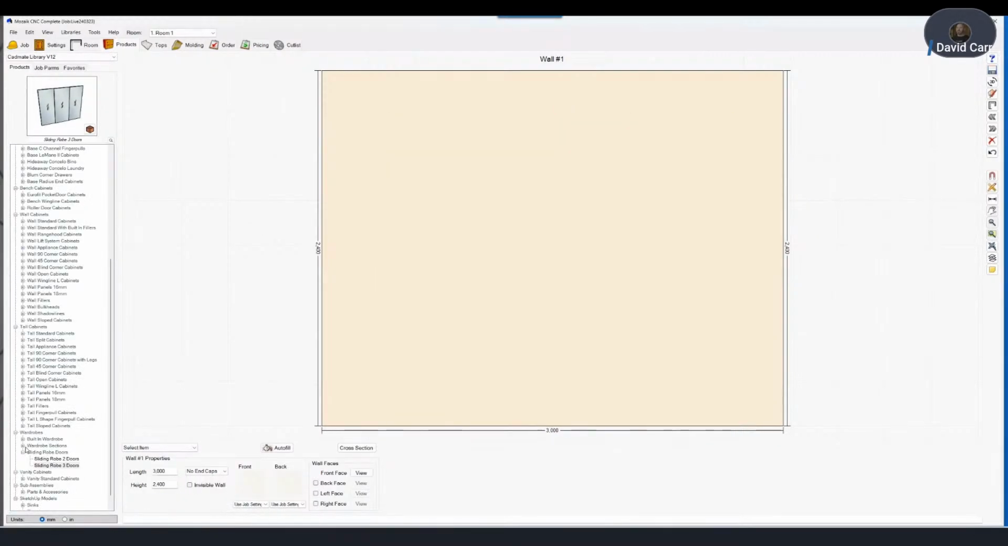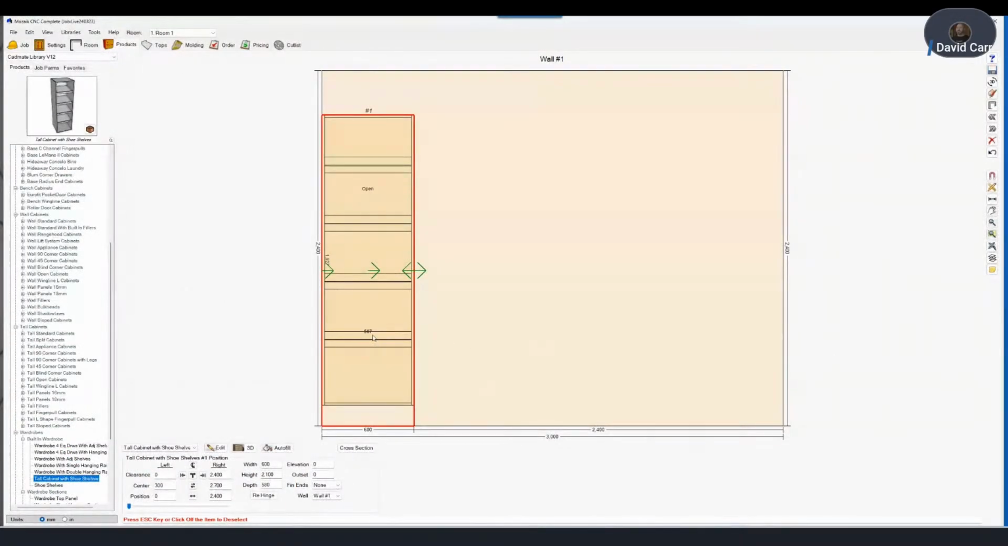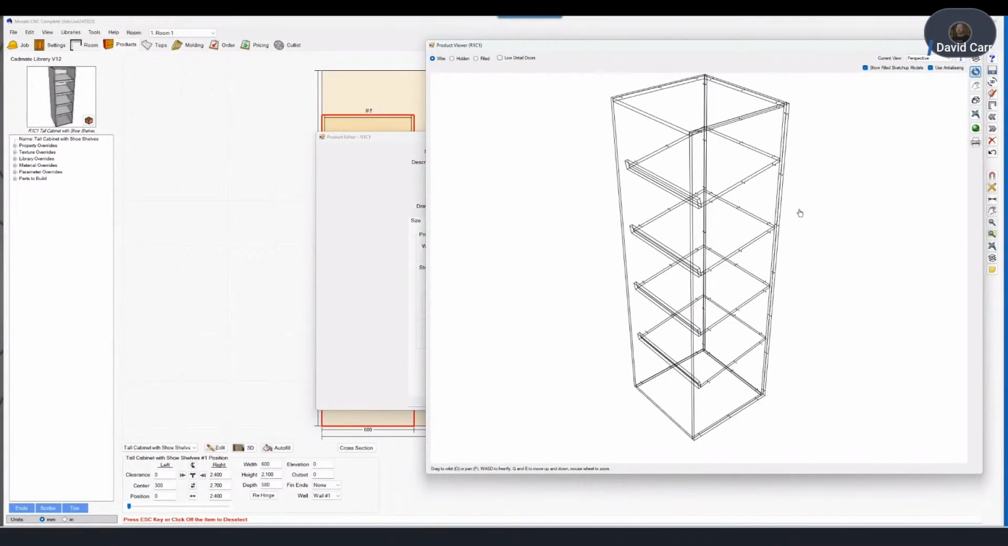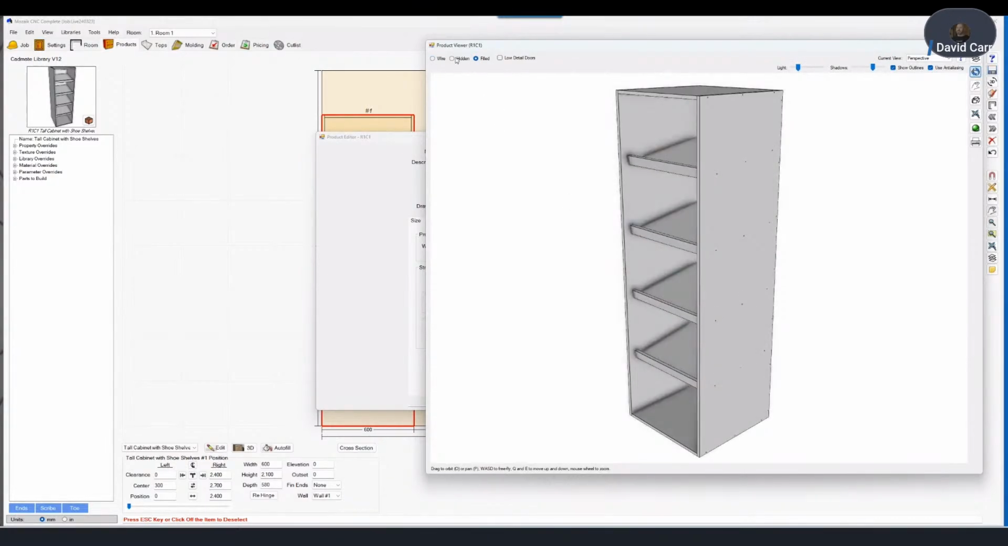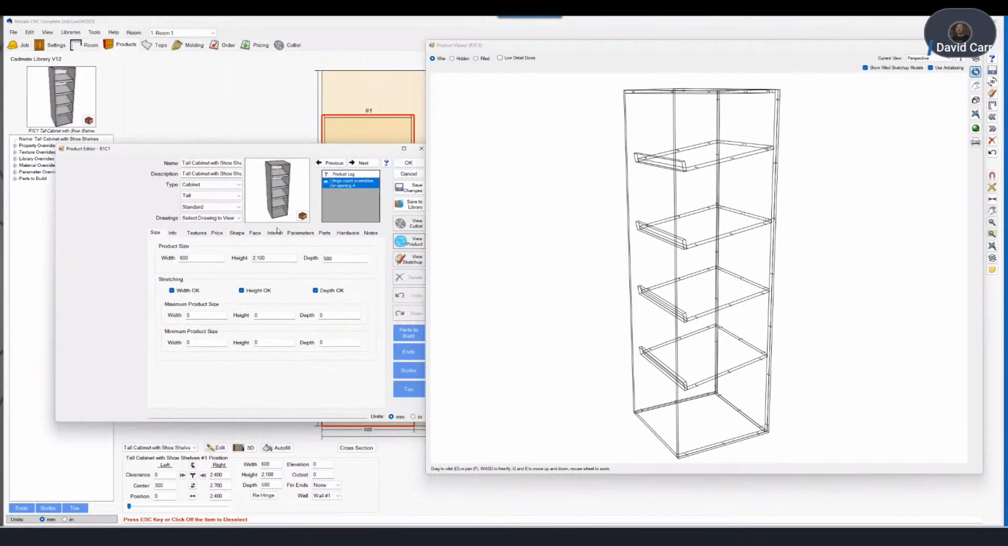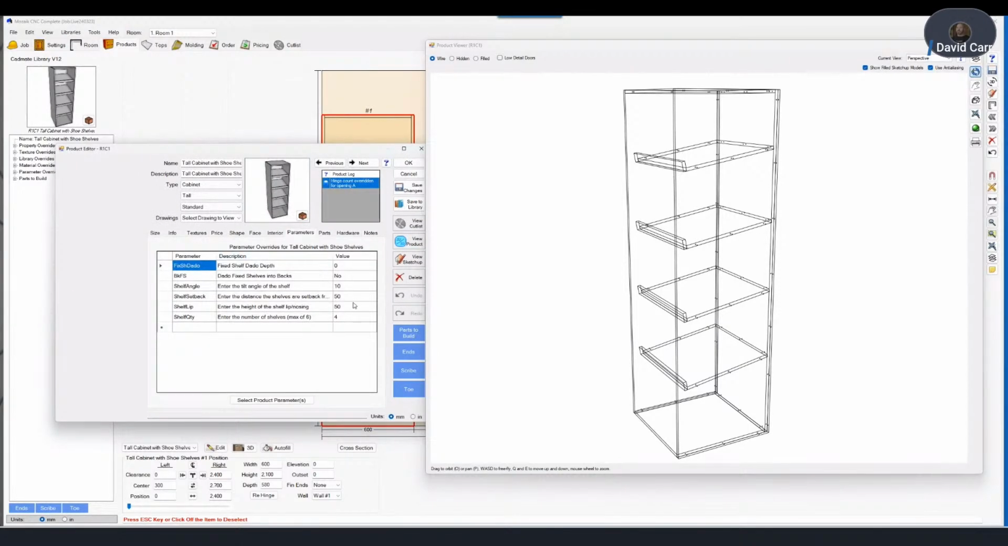Also in the wardrobe area, we've added some options for shoe shelving as well. So if we have a look at shoe shelves, we've got a tall cabinet with shoe shelves inside it and then just shoe shelves on their own. If we have a look at this product here, this is a custom design product with some slanted shelves, as you'll see. Now, these particular shelves here, if you go into parameters,